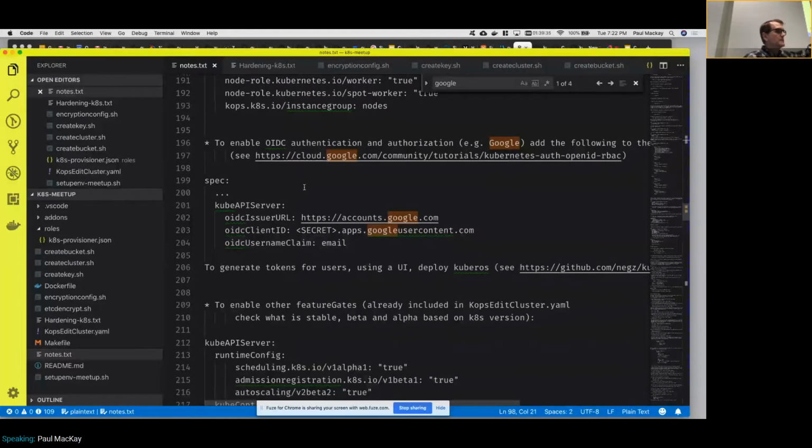OIDC, this is how you set that up as well. This is something that really lacks in the managed services too. Like, you want to see EKS, going to use IAM auth, and it's going to be a nightmare. There's no way to go in here. Auth to what? It's not terrible. Auth to the cluster, to Kubernetes. It's not bad, but what it does is,